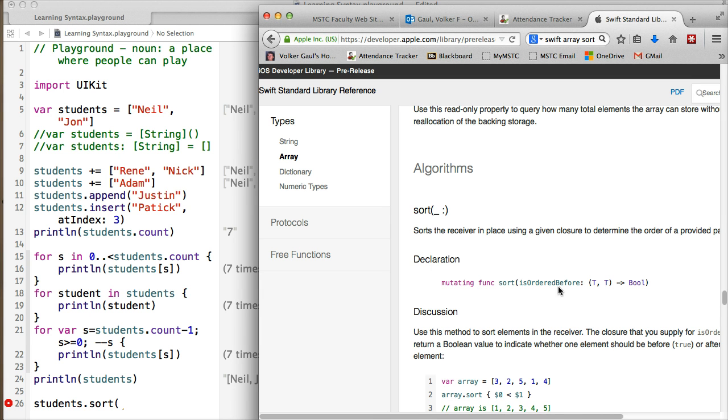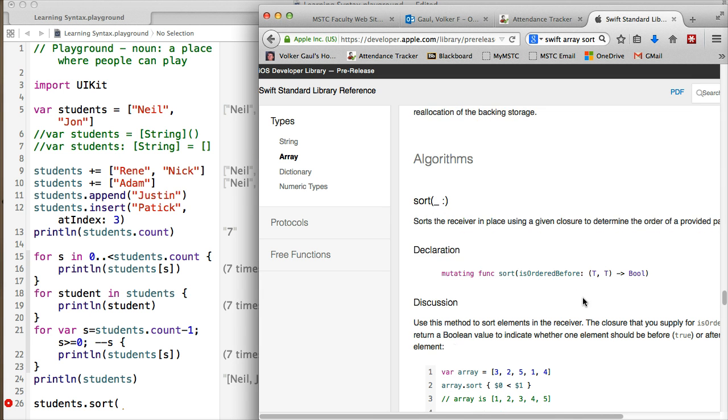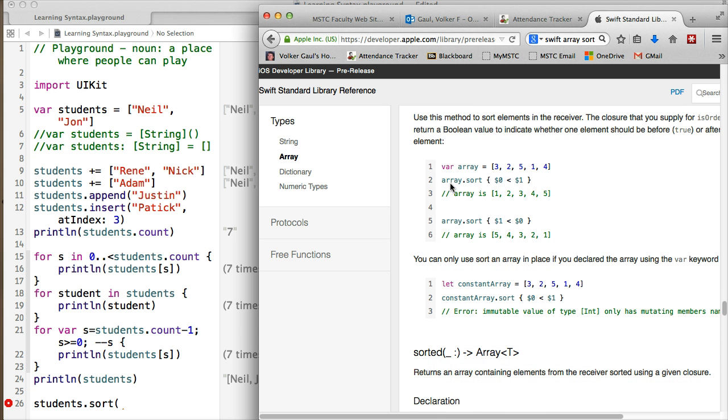Mutating function sort is ordered before T. What the heck? Give me an example. Okay, there's my example. What's it saying here? When I sort two things, what am I going to do? I'm going to look at one and then the other, right? How do I want them sorted? If the first one is less than the second one,